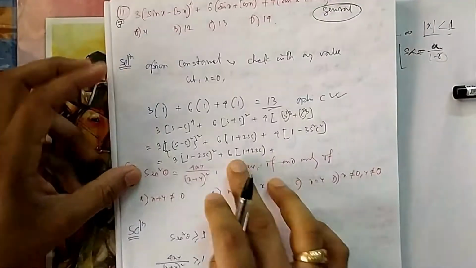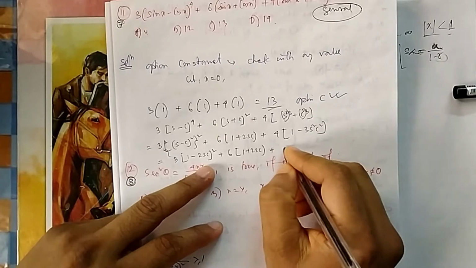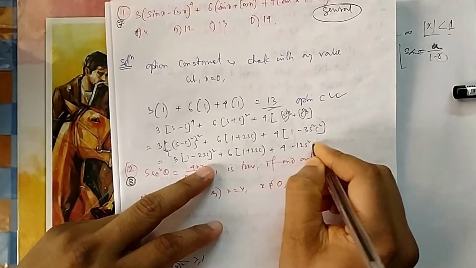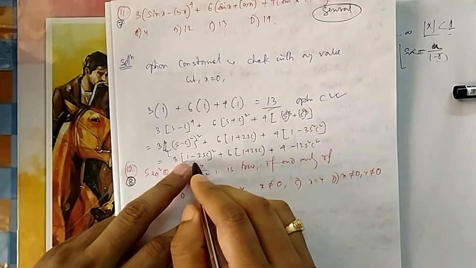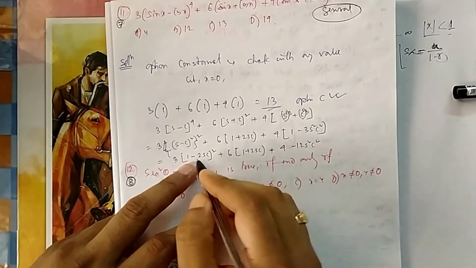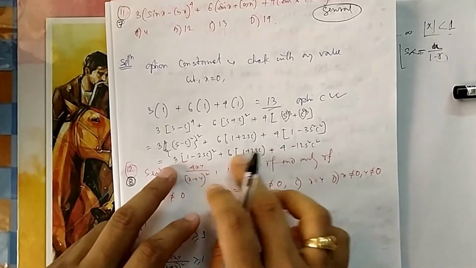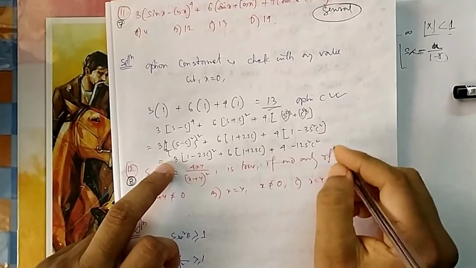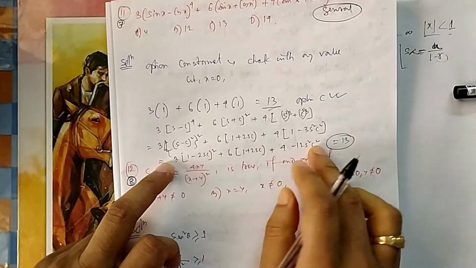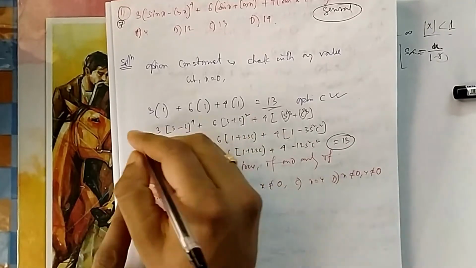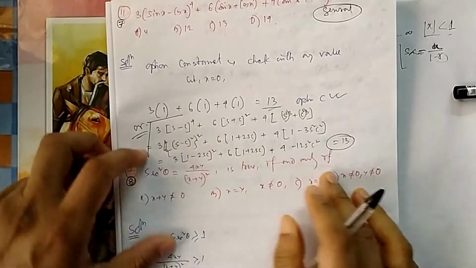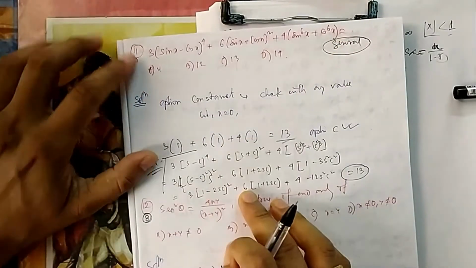Again you will find the same answer. So 4 minus 12 sine square cos square, plus 6 plus 12. Here also you will get 12 sine square cos square, and that will get cancelled. 12 sine cos will also get cancelled. You will find the answer is 13. 6 plus 4 plus 3 will be the answer 13. The rest will all cancel out. So you will find the answer 13 if you expand it this way. This is another method, but the general approach is enough. No need to go this way in the exam.